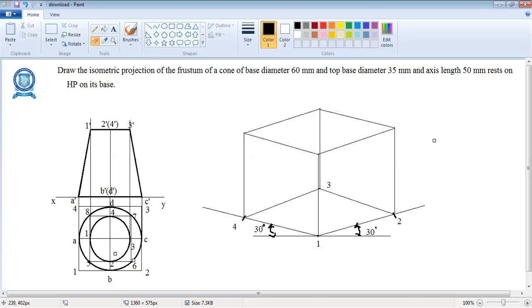So we draw the lower box 1, 2, 3, 4. Now we are going to draw the upper box, which means 5, 6, 7, 8, the upper square box. Okay. For that, we are going to transfer this small square's points to the bigger square like this. I change the color, then only you can see that.